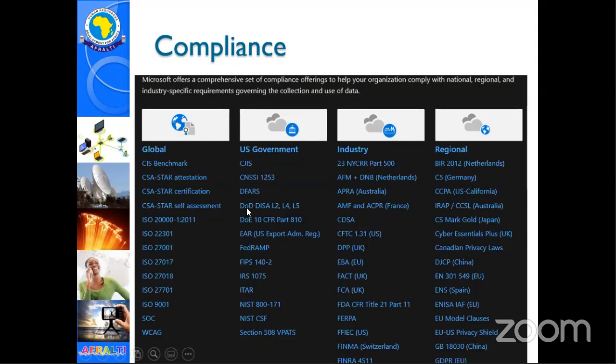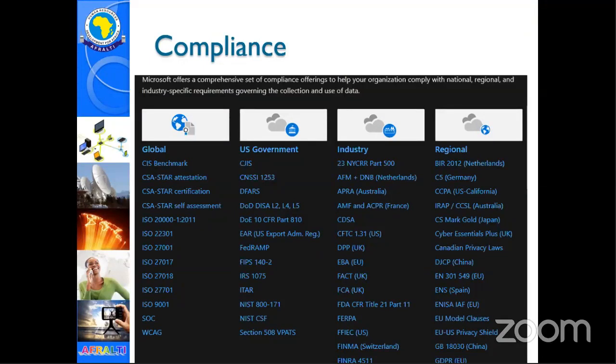Or any other requirements: Department of Defense, the ISO standardization certifications, and different industry certifications also. So all that info is available online, and it shows that the cloud is no longer just a place where people are afraid to go. It's a place where people want to go because of the benefits and the assurances that they get by moving to the cloud.